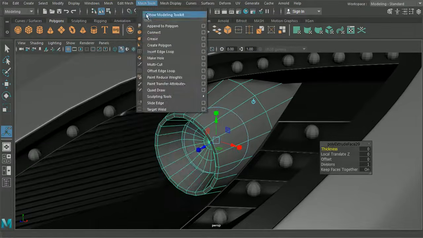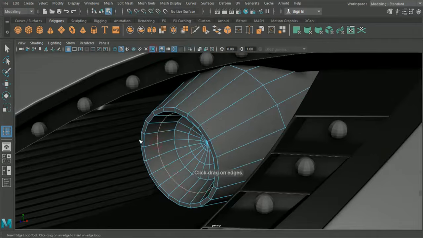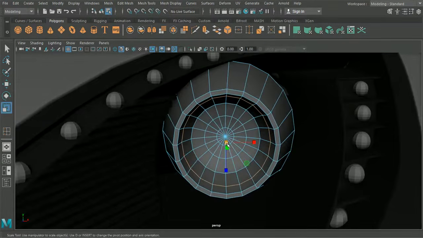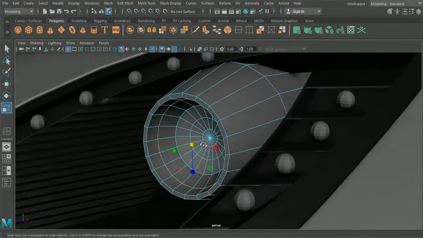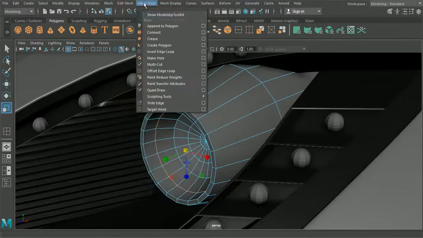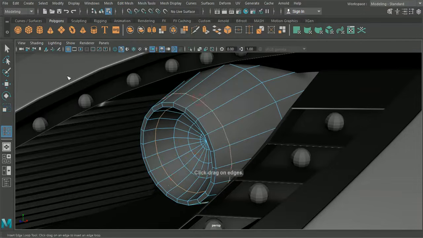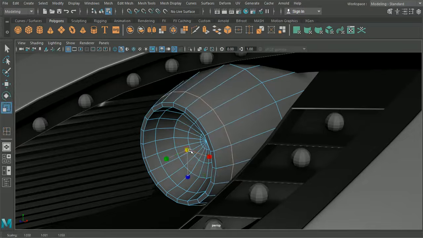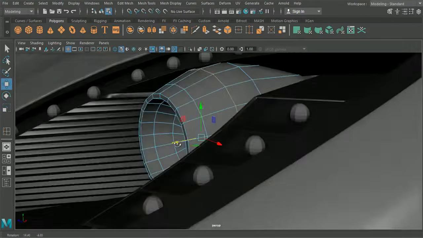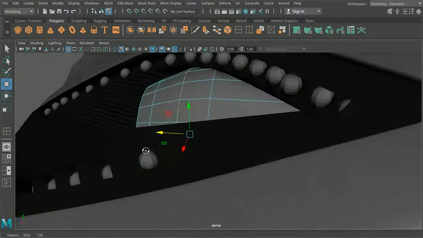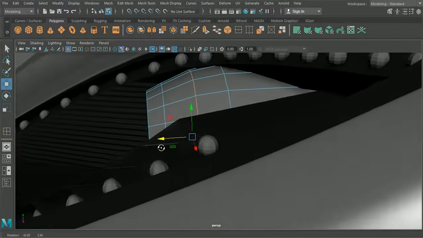What I think we'll want to do as well is we'll want to insert an edge loop here, and we'll maybe add a bit more curve to that as well. Okay. We will insert an edge loop on this outside here, and we will increase the size there to give it more of a rounded section, which looks pretty good.